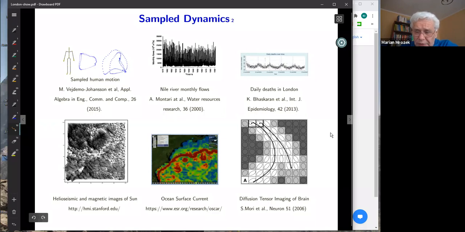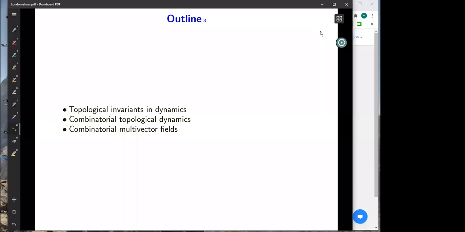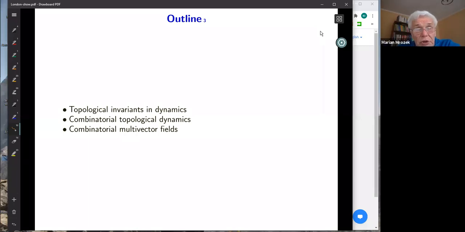these kinds of problems. So the outline of my talk consists of just 3 pieces. In the first part, I want to briefly recall those topological invariants in dynamics I am interested in, and those which I want to use in the context of data. And then I'll just switch to what I call combinatorial topological dynamics, where I give a kind of general attempt to study dynamics based